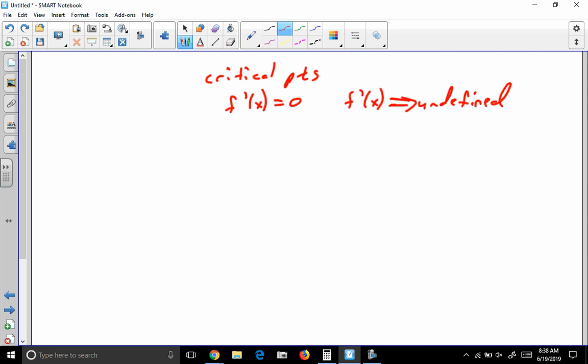So when we're looking for extrema on an interval, whether it's an open interval or a closed interval, we do want to look to see if we have critical points, because those are possible locations of extrema. If we sketch a curve,